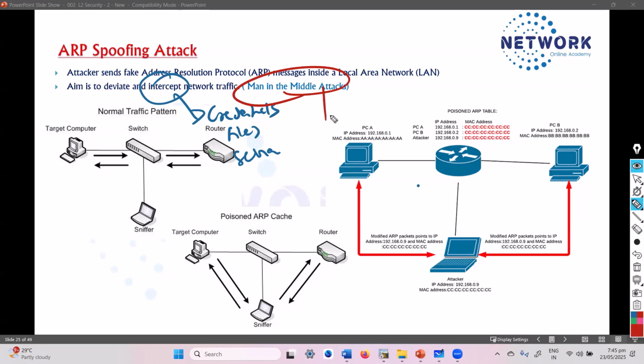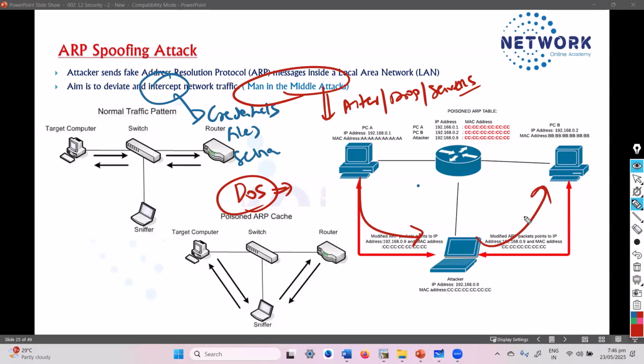And again, as I said, man in the middle attacks mean the attacker may alter the packets, or he may try to drop the packets, or even get into the server's data. There is also a possibility that the attacker's intention is to deny the services, a denial of service attack, where he simply disrupts the communication so the request will come but not be sent back.